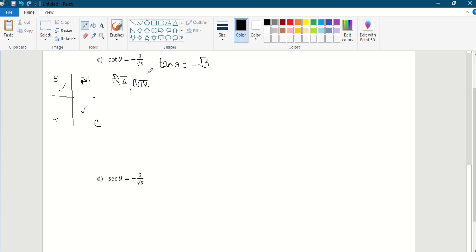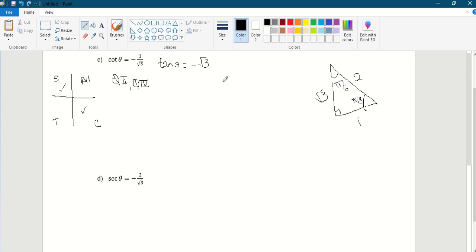And then we draw a special triangle with root 3 in it. That's the one with pi over 6 and pi over 3 there. So that will be something like this. Okay. Let's say this is pi over 6. This is pi over 3. Opposite of pi over 6 is 1. Opposite of pi over 3 is root 3 and this is 2.